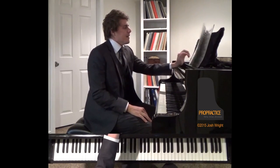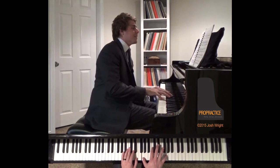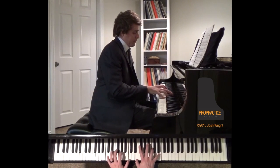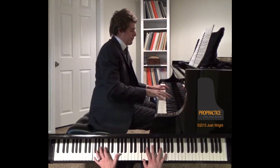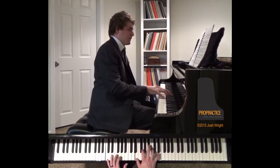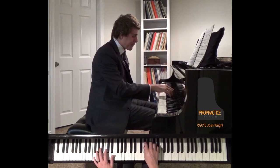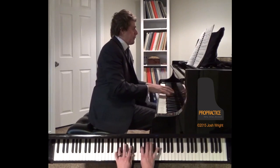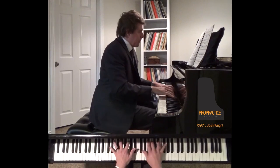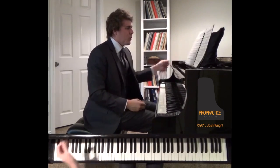So some of the things we're going to go over today are, for instance, how to get this opening as delicate as possible with good shape, good voicing. We'll obviously go over a lot of technical things today, like how to execute this more contrapuntal part while still maintaining that shape. We'll go over parallel sixths,